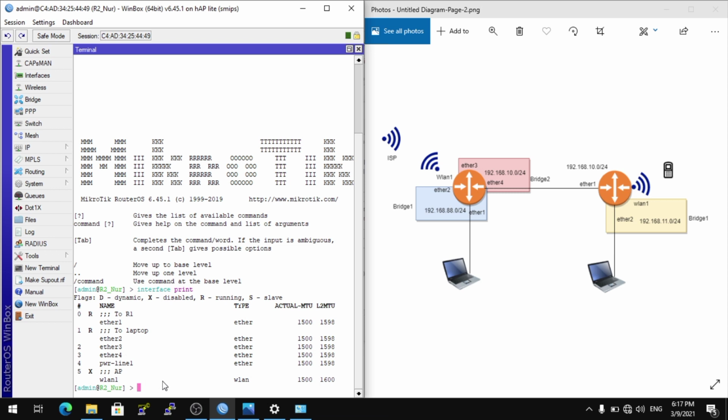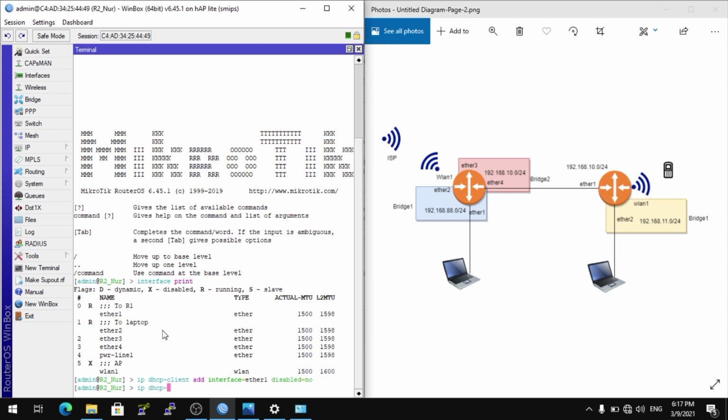The first configuration is the DHCP client to get an IP address from router 1. IP DHCP client add interface Ether1 disabled no, and click enter.